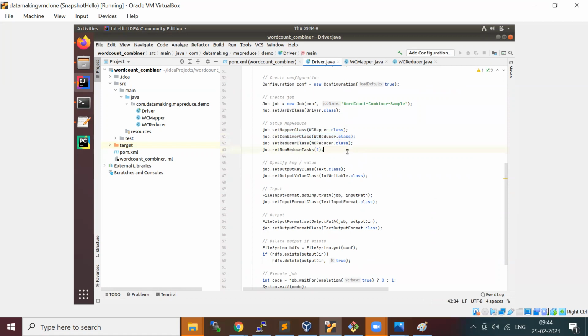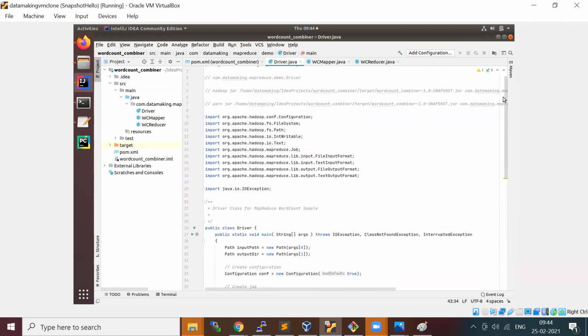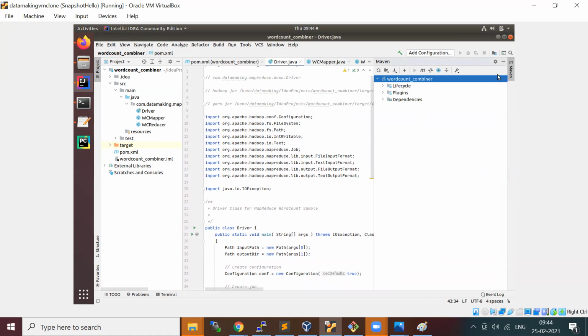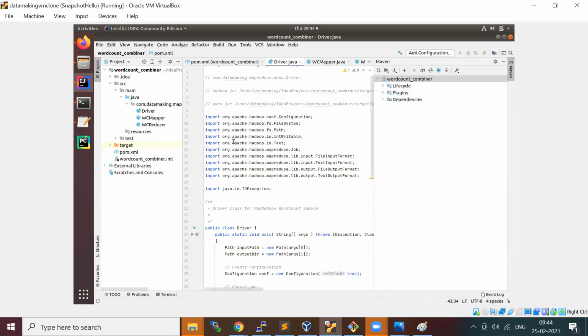Okay, so I will build this jar. I think it's already there. We check. Anyway, I'll try to build it again. Maven install.